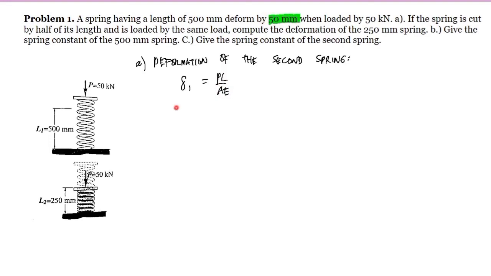So we have 50 mm equal to the load P, that is 50 kN, so 50 times 10^3 N, multiplied by the length, that is 500 mm,